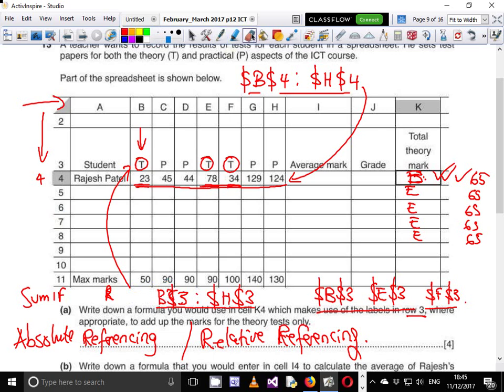Let me just reduce my pen size. So that it just remains like that. The same for this one. You need to remove this one, so that for H, when you replicate, it will still be H, but it will still be 3. This will make so much sense once I write the full formula, but I'm just trying to guide you so that you see what you're supposed to do. So this one as well, you can remove this one so that B can continue to adjust. Remove this one,